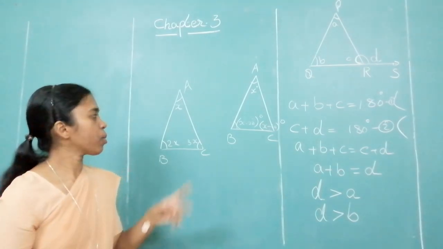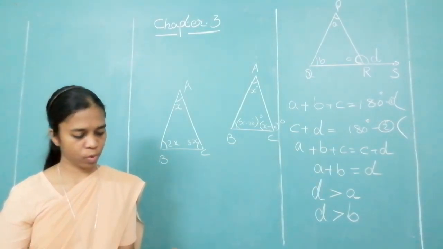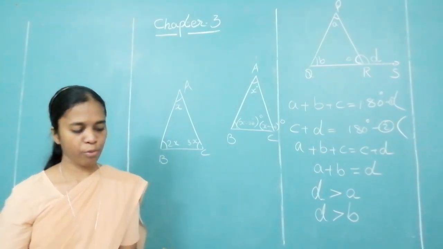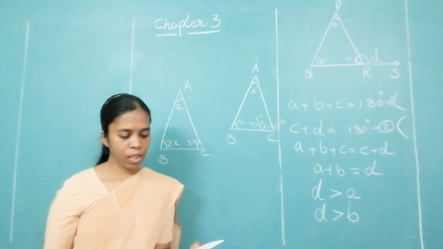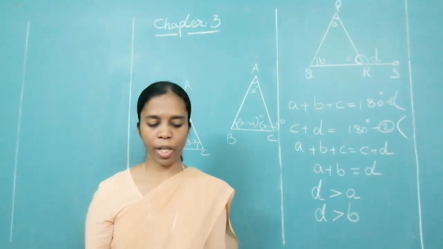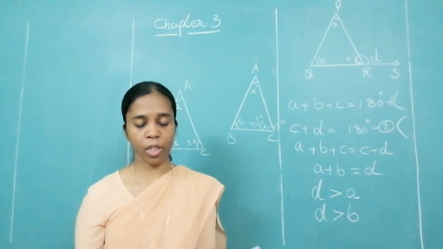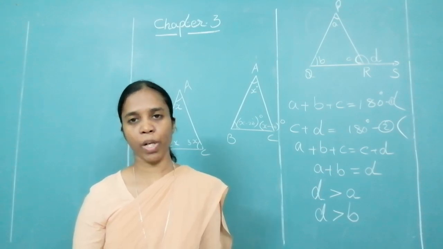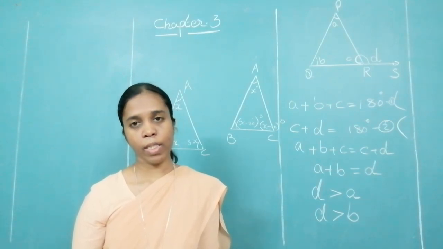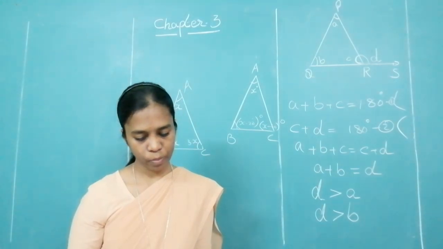Again, you know that the sum of the measures of the angles of a triangle is equal to 180 degrees. Add all of them and get the value of x. Substitute and get the values. Question number 5. In figure 3.9, measures of some angles are given. Using the measures, find the values of x, y, z. Some are linear pairs. You can use the interior angle property of some of the triangles, and find the measures. Please write the necessary steps. One step should give the relation of the angles, and the next one should find the measure.